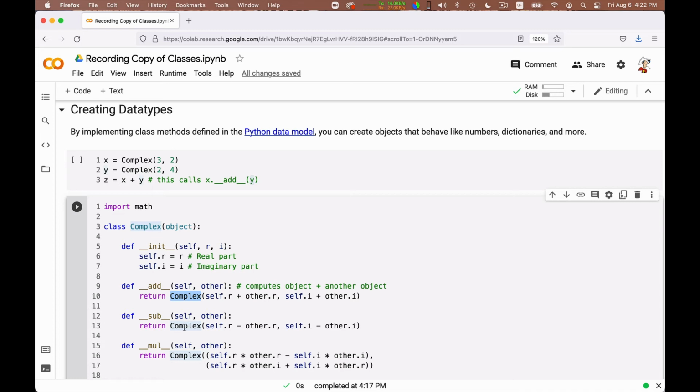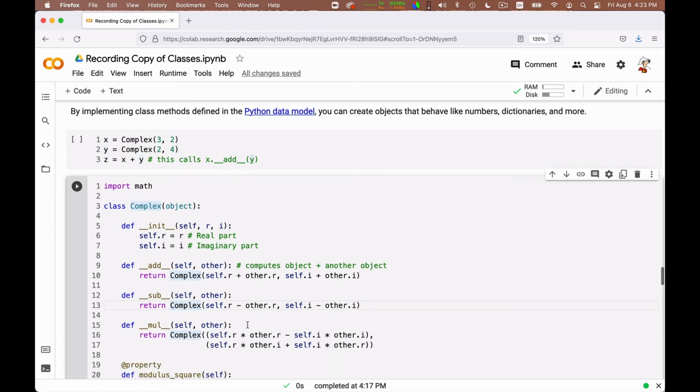Here I do the similar thing for subtraction, of course, right? So I first compute the real and imaginary parts of the result, and then I build a new complex number that I return as the result of the subtraction. You need these constructors, right? Because what you want to return is an object of the proper type. Multiplication, yes, you simply follow the rule for complex number multiplication. Okay? And again, you build a complex number as a result.